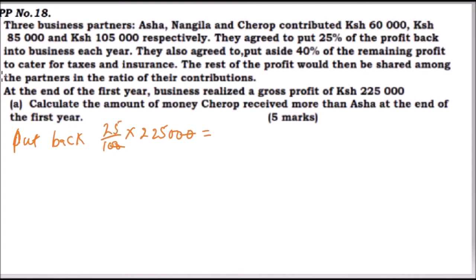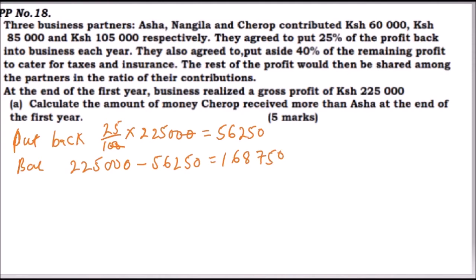You'll be able to get 56,250. So that was what was put back into business. Balance, you subtract from the profit 225,000, you subtract 56,250, which will give you, using your calculator,